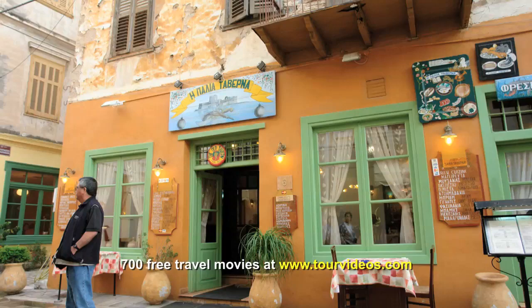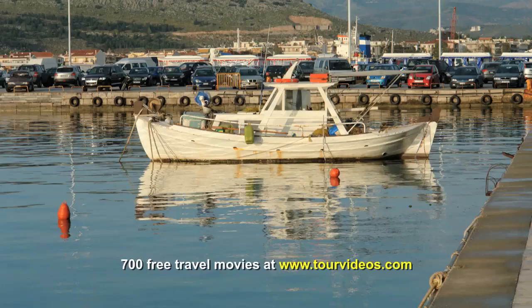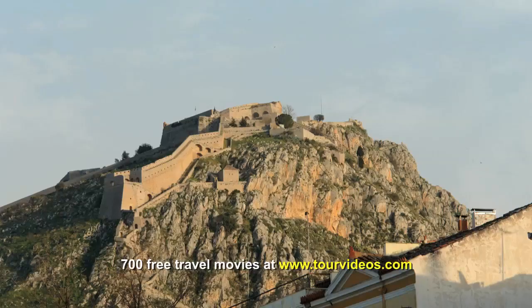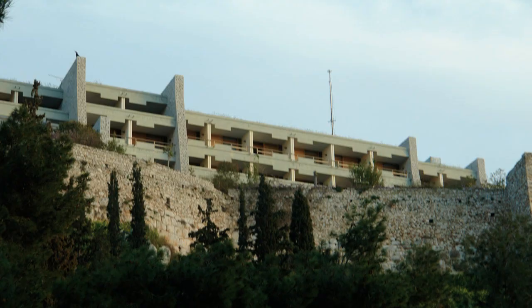For a while it was actually the capital of Greece, and really one of the nicest towns in the country. The Palamidi Fortress up top, built by the Venetians, and our hotel, also right in the heart of the old town,